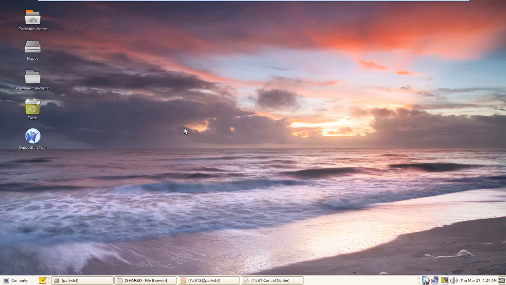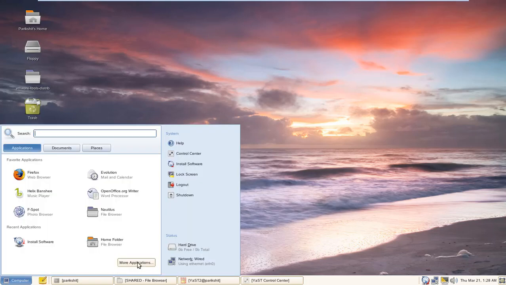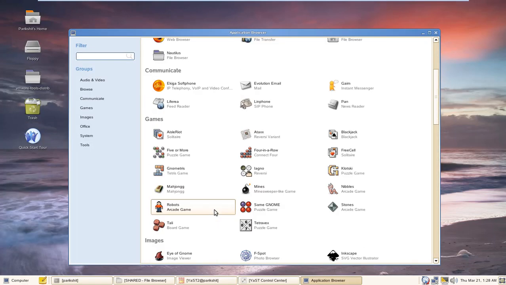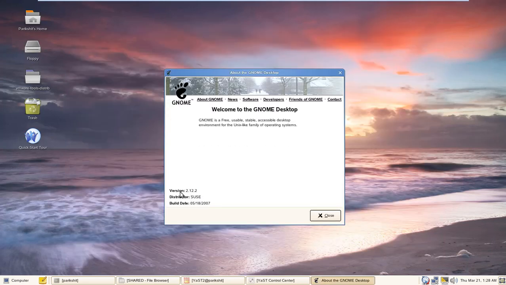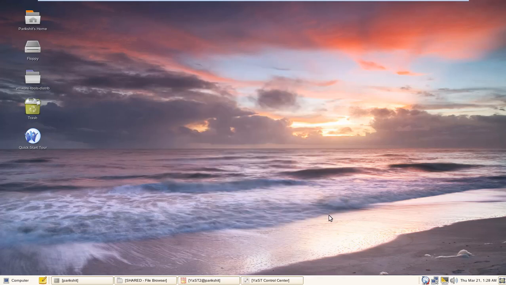This is Parikshit here once again, and in today's video we will look into the hacking of a Linux machine. So here we have the Linux machine, which is the SUSE Linux Enterprise Server 10. We can see it here in the More Applications, about GNOME, and we have here the version 2.12.2 and SUSE Linux Enterprise Server 10, and we are going to hack into this